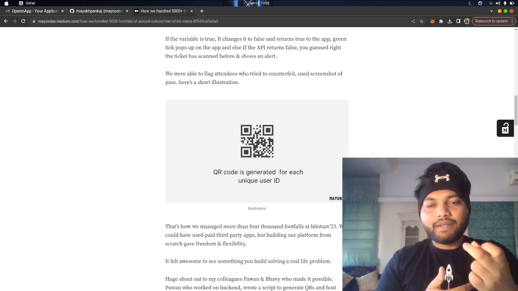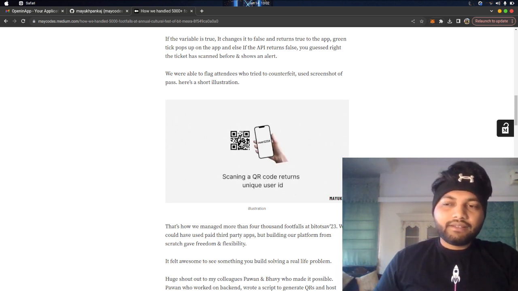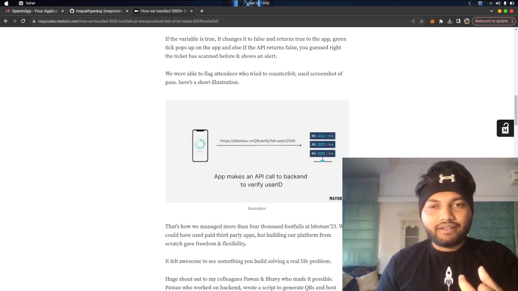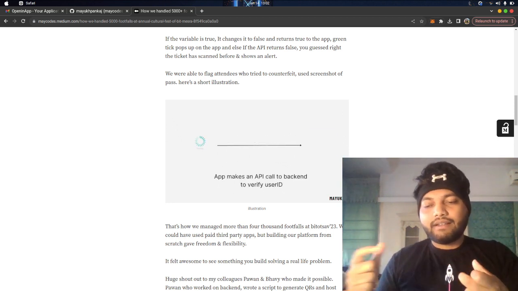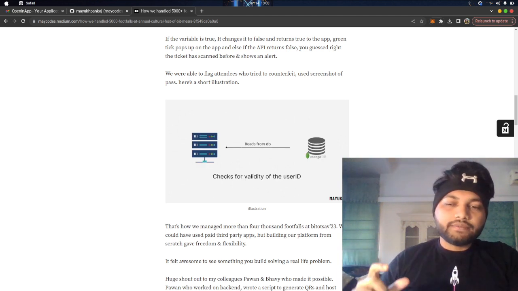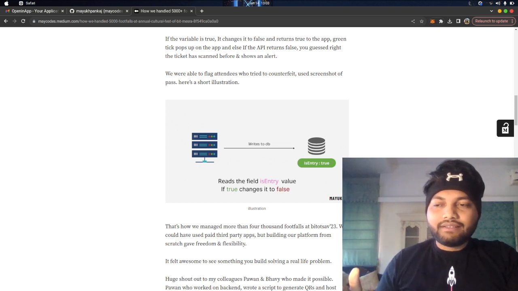The payload was basically the user ID, and this goes back to the backend, and the backend validates whether this user ID is valid, and if it's valid, then checks the isEntry value, and if it's true, then toggles it, converting true to false, and then